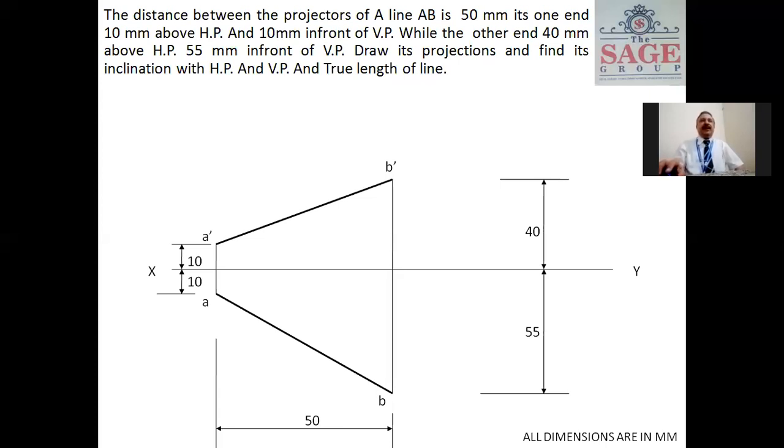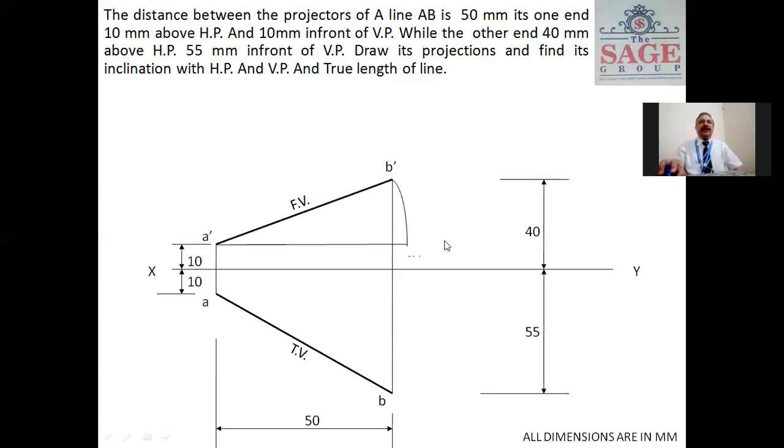Now when the final projection is complete, we find the true length, theta and phi. Now just do the reverse of question number 1, as you remember. See here. Now we rotate this front view. This is the front view and this is the top view. So we rotate this front view in the downward direction. As you remember, in the last problem we rotated the front view in the upward direction. So this is the reverse problem.